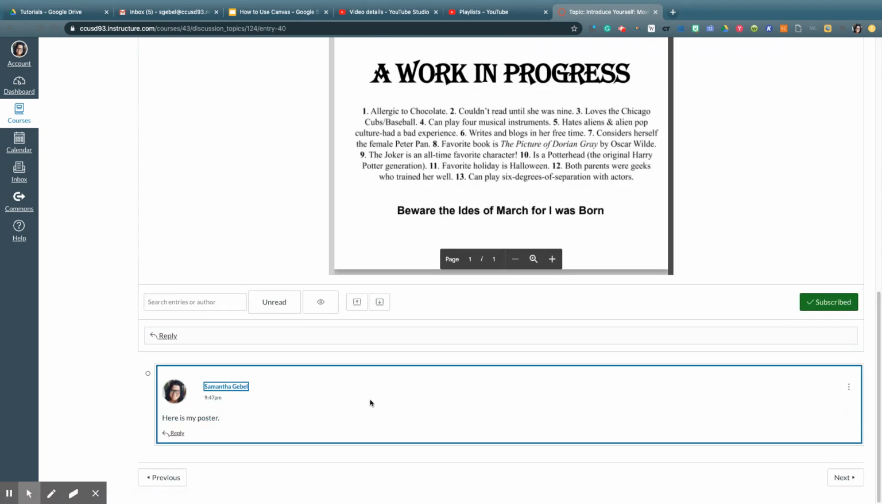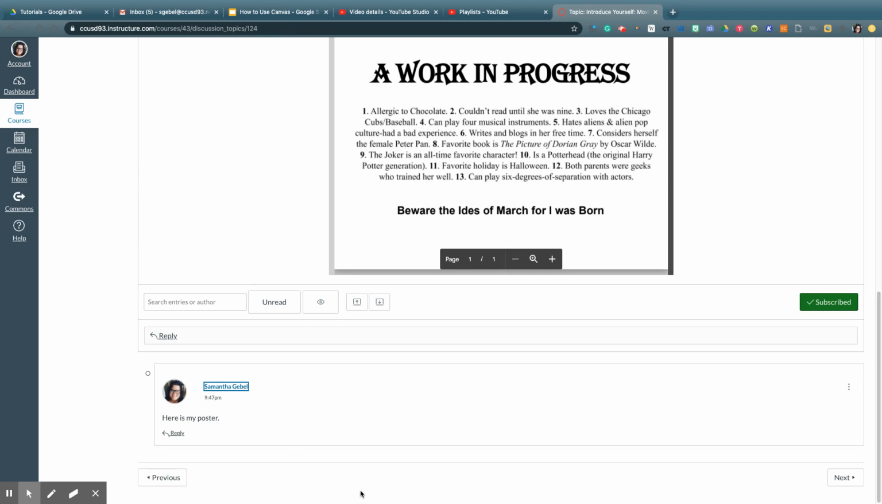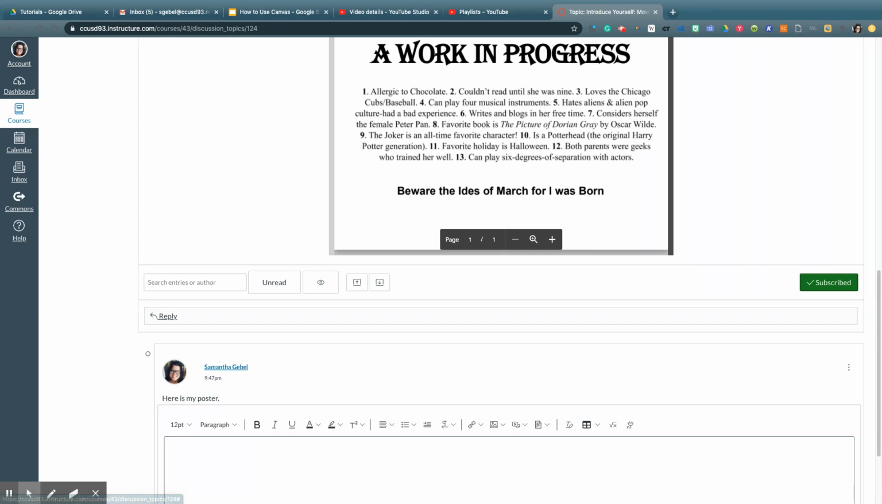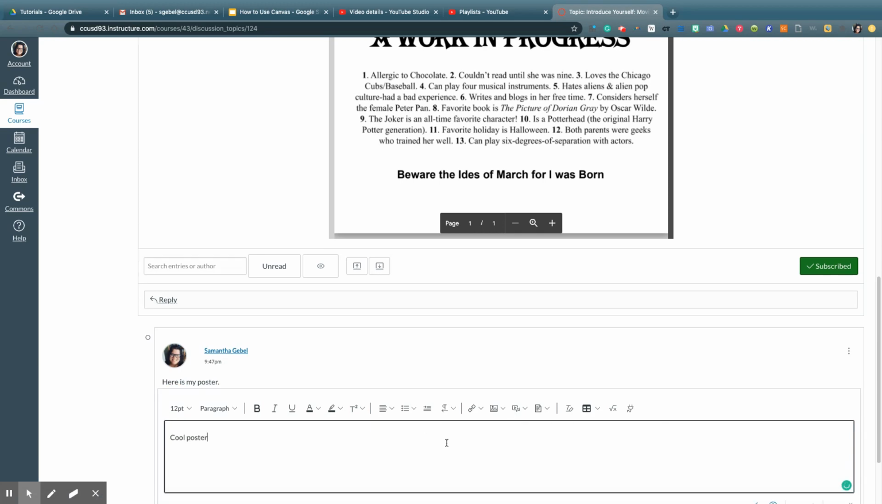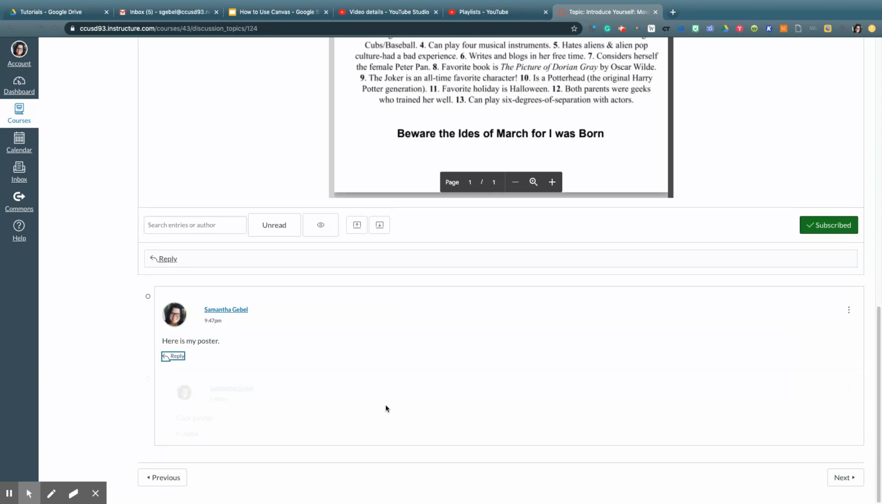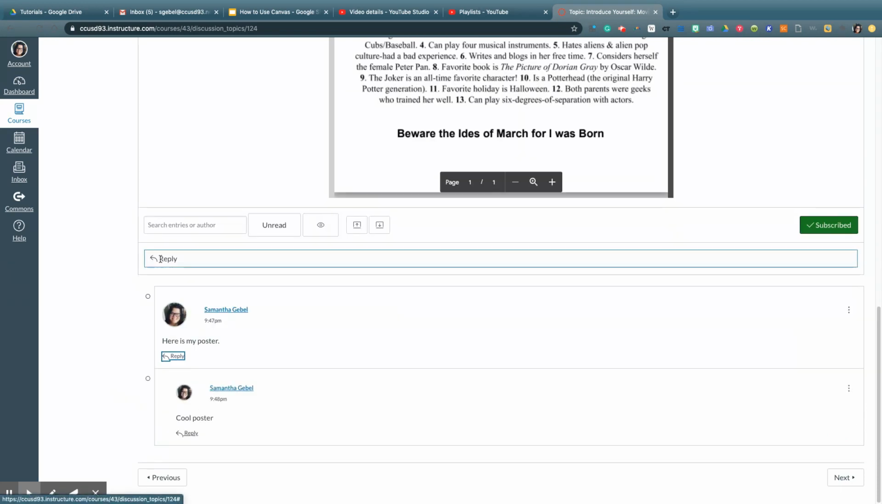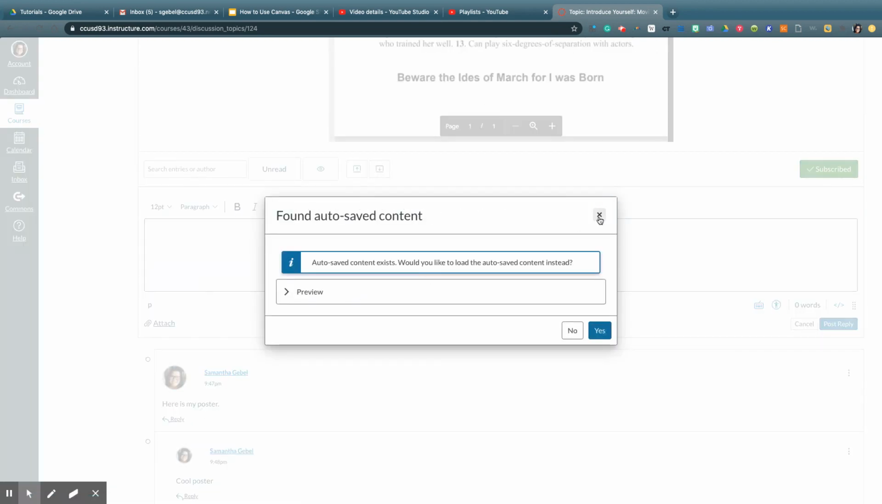Okay. And now they would be able to see everyone else who's replied. And also now they can reply to the specific one. So to do that second part, they'd hit this reply. Cool poster. And now the way it looks is I see that one person has made a post. One person has replied to that post. Now if I had a second student post something,